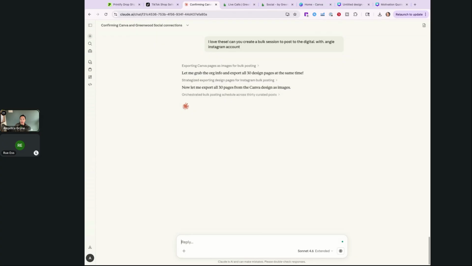This is crazy too because I'm only limiting it to 30. You could very easily go past 30, which is kind of nuts. Okay, so it got all 30 images. Now it's creating the bulk session with all 30 posts. I'm fighting the urge to check my phone. Anytime I'm waiting for the AI to finish up, I'm like,